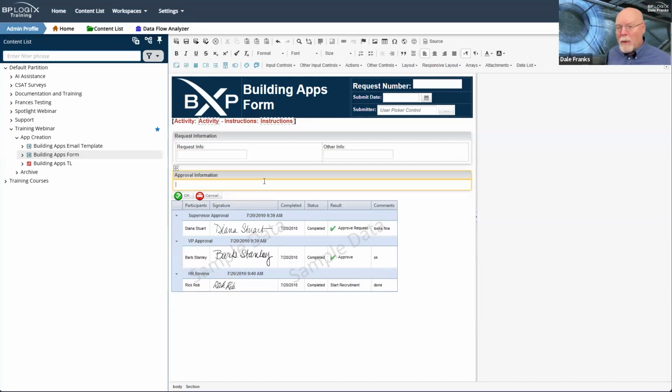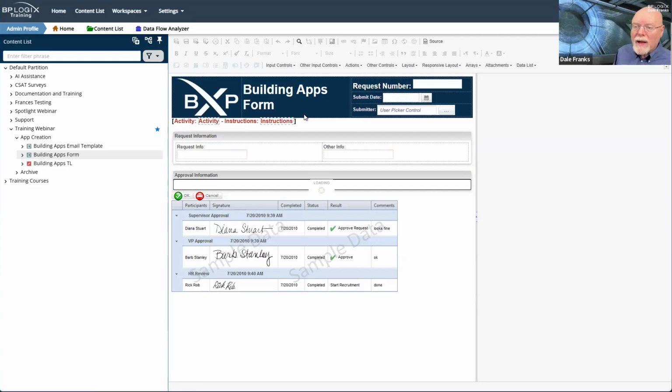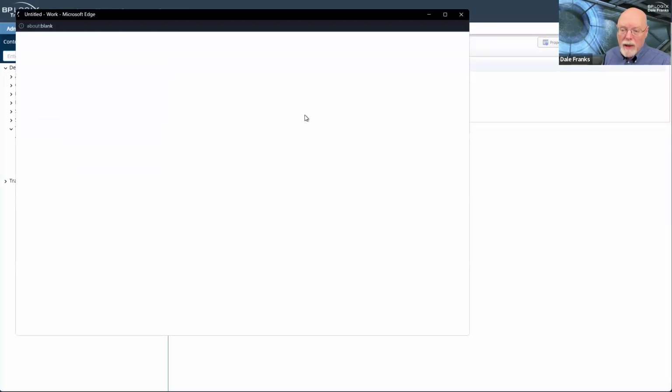Now, the problem with doing that is, well, in this case, I'm ultimately going to have to submit this form. If I just want to check that my approval information section is hidden on a new form instance, I can use Save and Test Form. So if I click Save and Test Form, all of the changes I've made up to now will be saved on the form, and the form will be displayed to me.